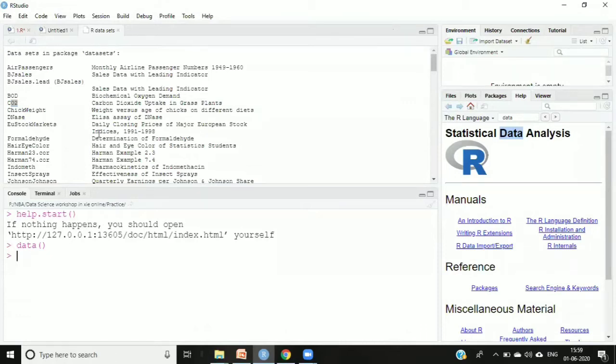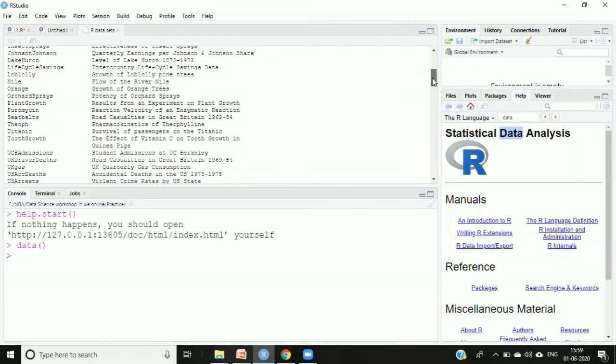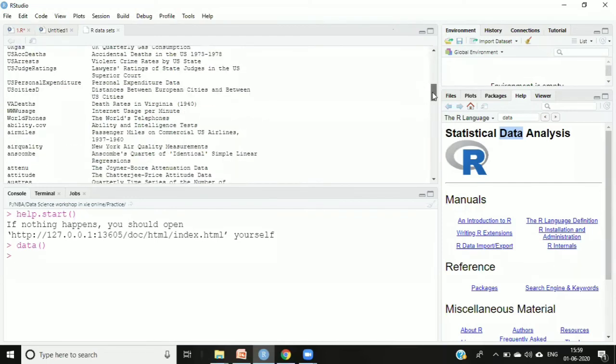Mind you, for analysis purposes, we're going to use many of these data sets. We can directly utilize these data sets. The information is already inside them, and we can do our analysis based on those data sets. So if you fire the data command, you will see all the data sets which are already available. For example, I can fire one command, View, and let's say mtcars.